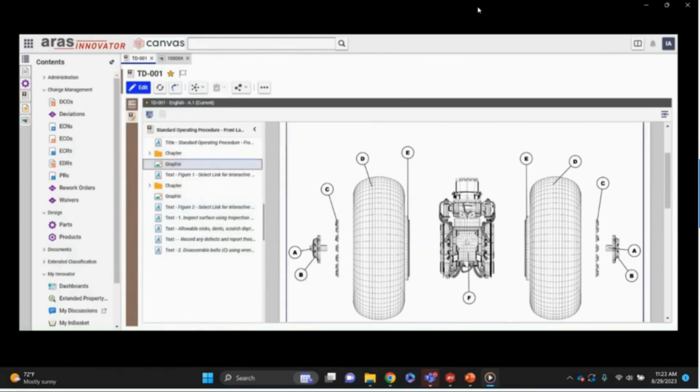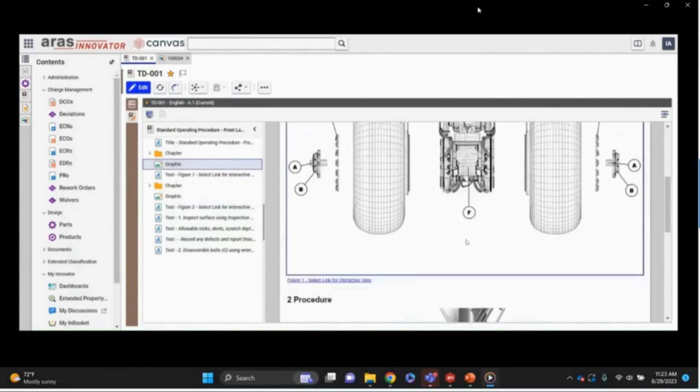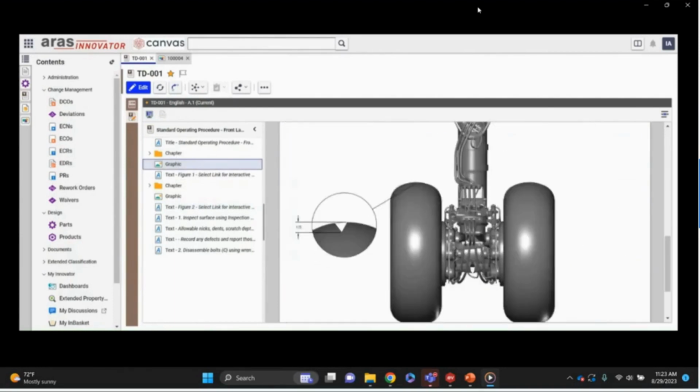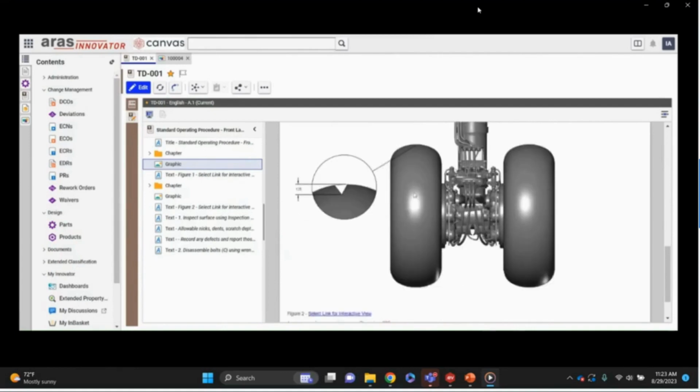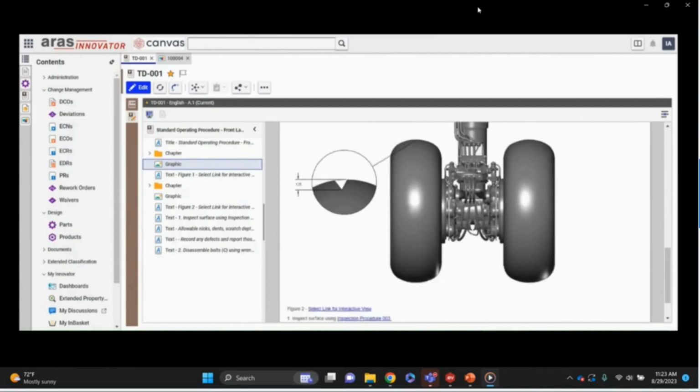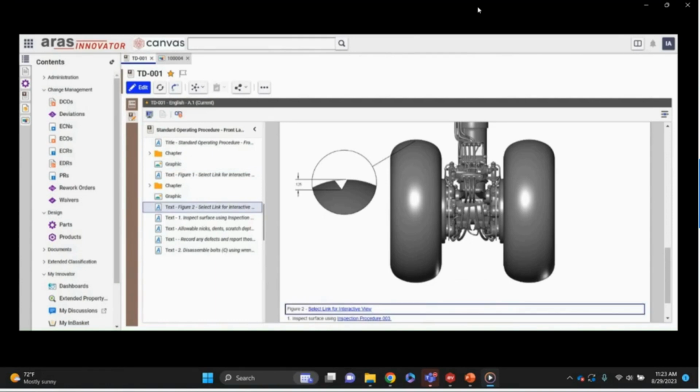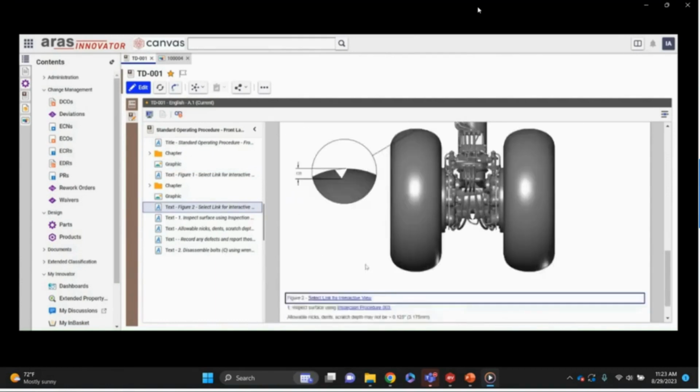So if we go ahead and scroll, we can see we have this exploded parts illustration. And we also have this illustration where we've created some details around nick, dent, and scratch limits. What's interesting is when this document, for instance, is published to PDF or HTML, it can utilize embedded links. Those embedded links can point to Canvas Envision. So if I go ahead and test this link,